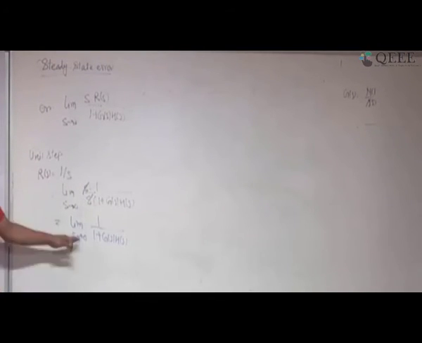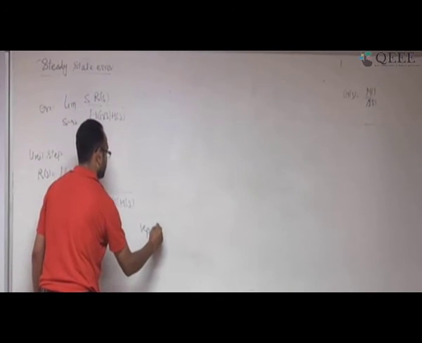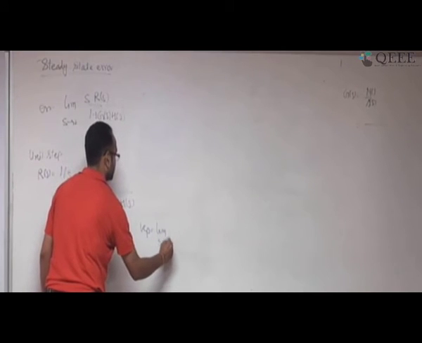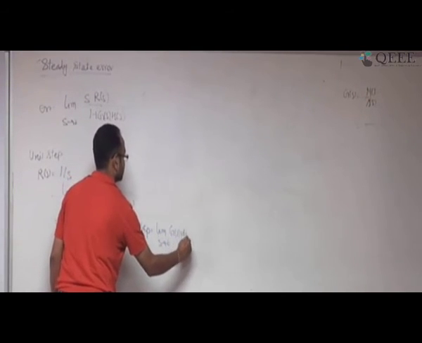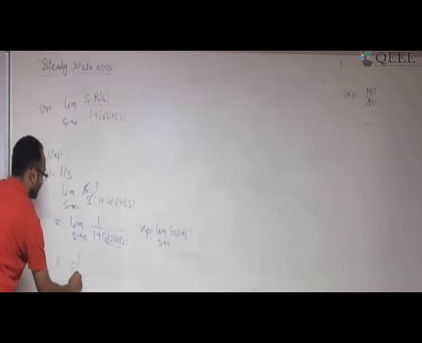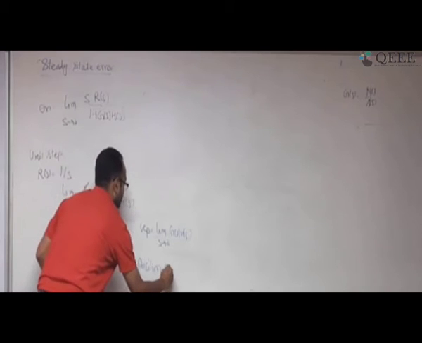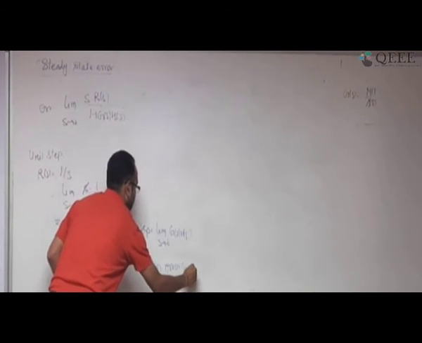And if you look at it, let me define a term: Kp equals limit s tends to 0 of G(s)H(s). And this error is going to be 1 by 1 plus Kp. So if I have some system for which I am giving a unit step as an input, my error is going to be 1 by 1 plus Kp, and Kp is known as the position error constant. It is defined as the position error constant. It will be clear, it has been used as the terminology.